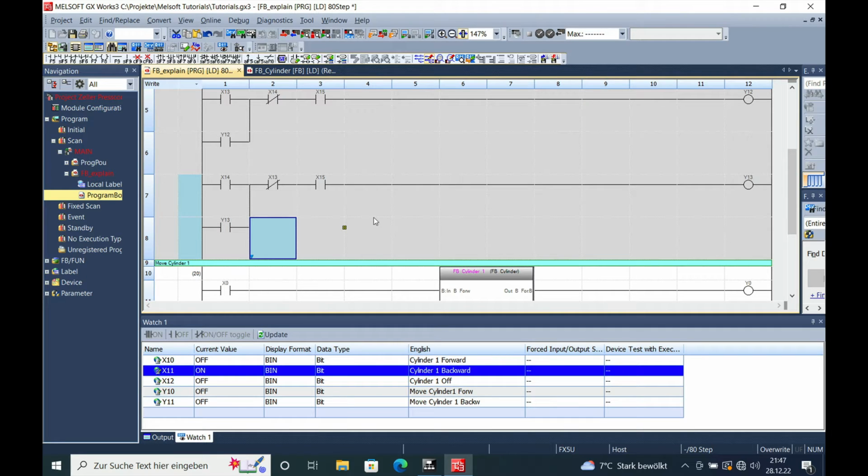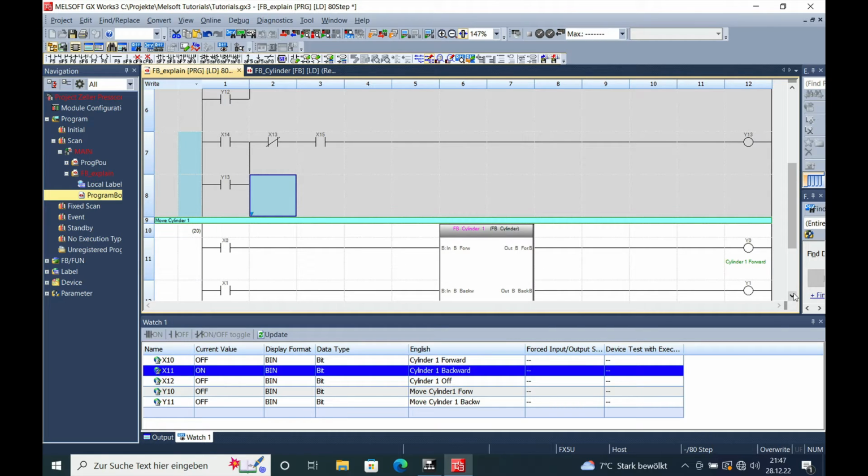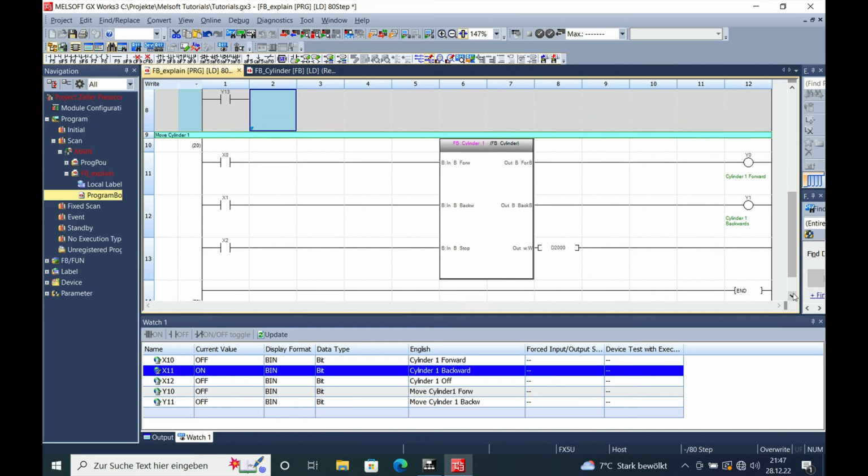So if you just put a stopwatch on the video, you can see how long it took me just to implement this second cylinder function in the program to make this work. Now, what would you say if you can cut this time easily in half? So therefore, I created this function block,